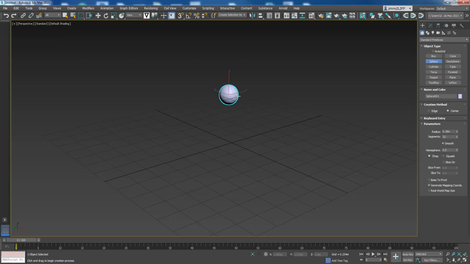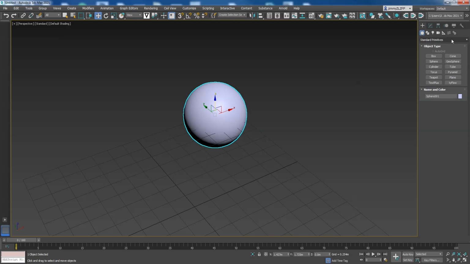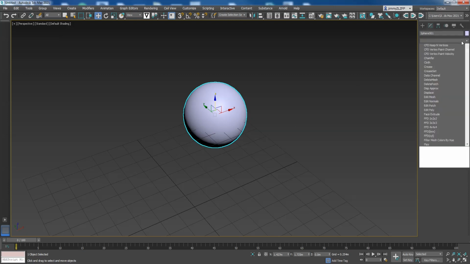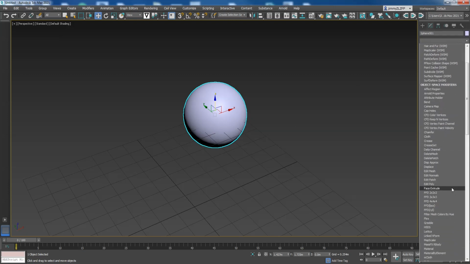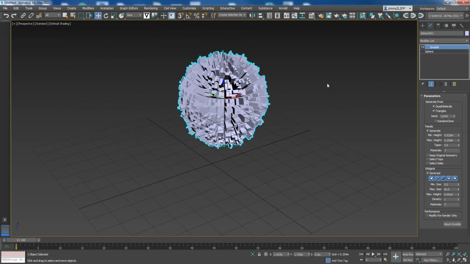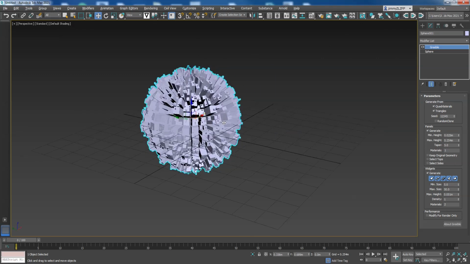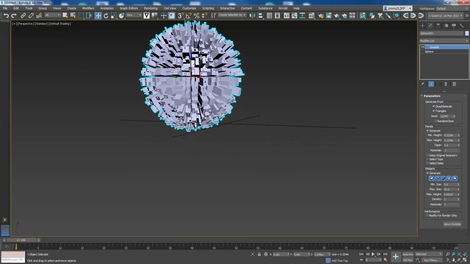First we'll start with a simple sphere, and we will make this sphere a bit more interesting by giving it some effects, and we will use this tool here called Grabble, and now this sphere looks much more interesting. So from now on, this sphere will be known as the Death Star, and we will